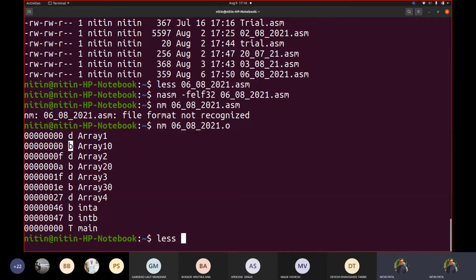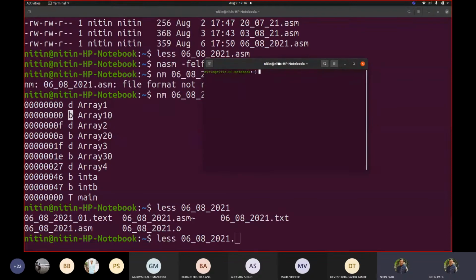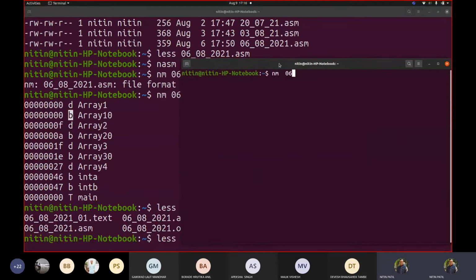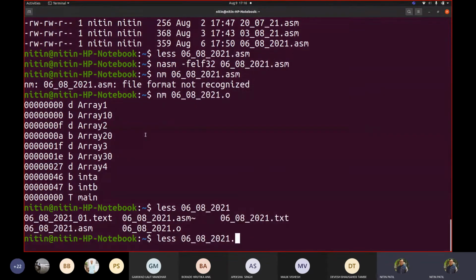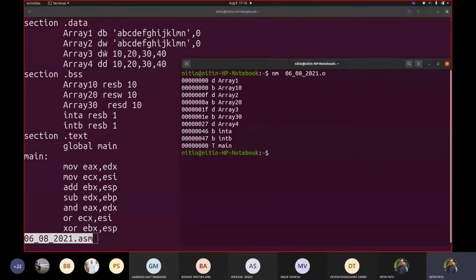So if I see 06 08 2021, let me open this in another window so that we have good visibility of it. So you have these numbers. If I see this ASM file, now you can compare. We have array 1, which is part of the data section, and it is showing us this.